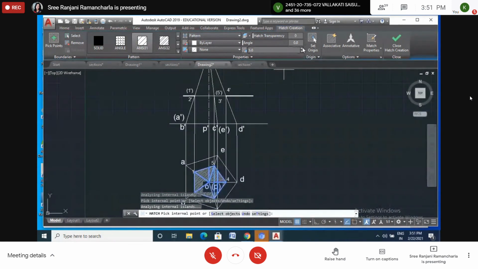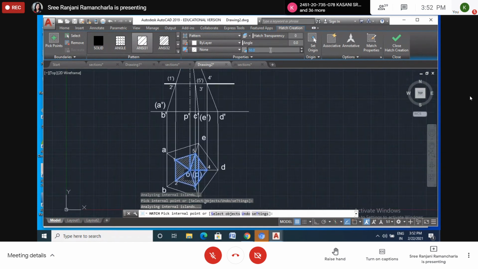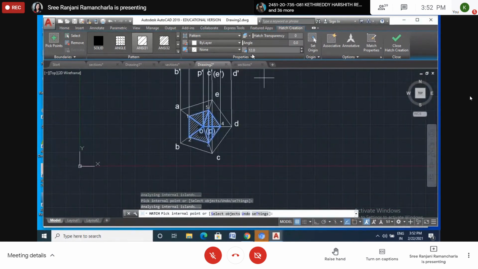I want to take a little more. Let me take 8. Let's see. 8 is showing, okay, not bad. So I will take 10. See here. Okay. If you want to give 12 also, no problem. In the printout, this number comes out easily, 12. No, it's okay. It's clear now. If you want, you can even give 15. Okay.